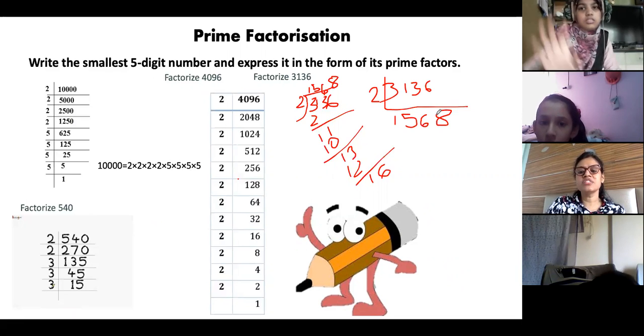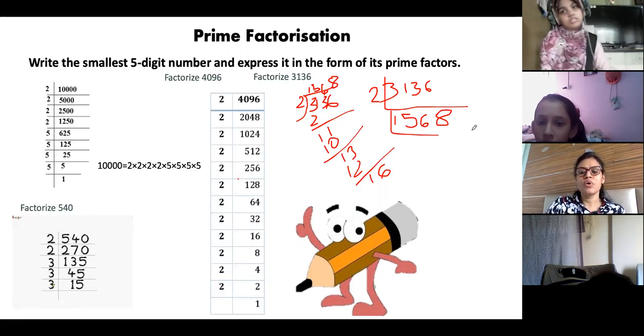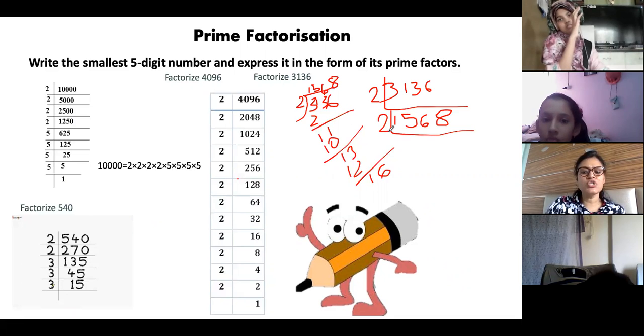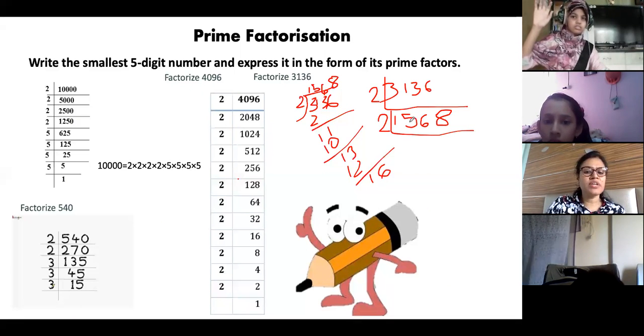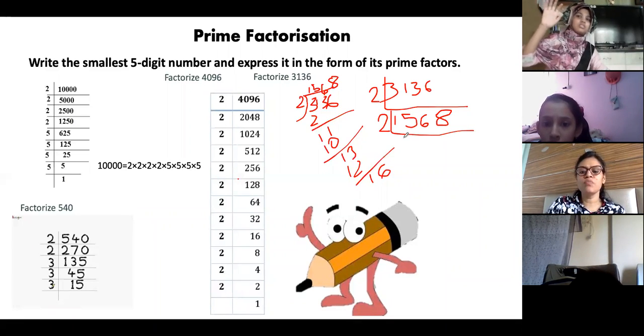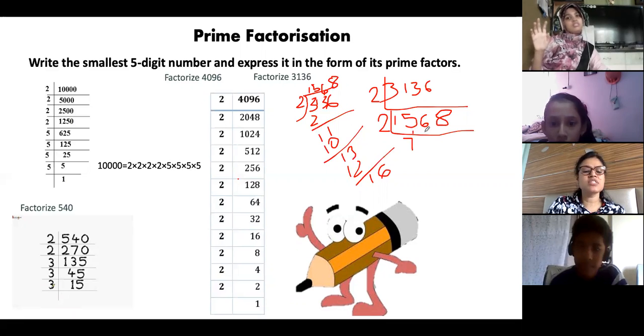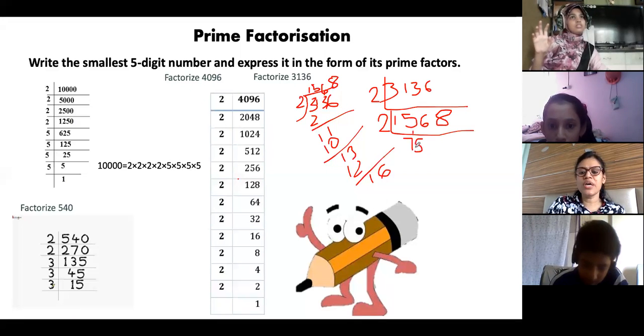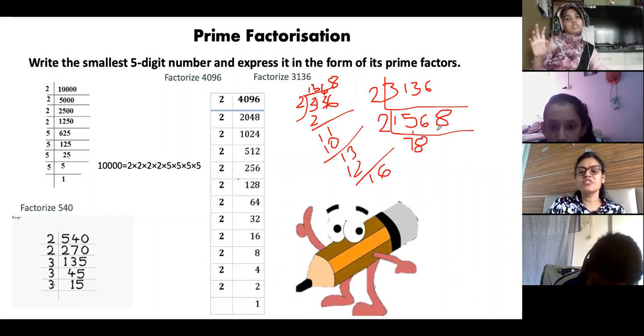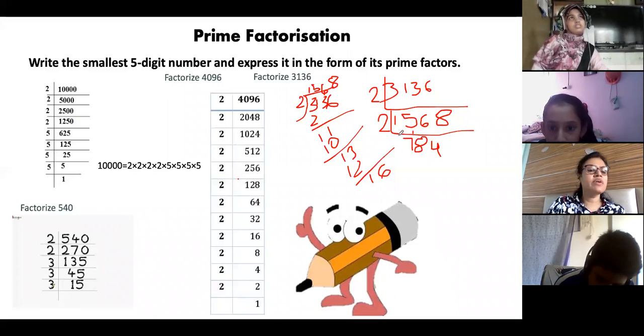Then again the last digit is 2. Is it clear, Amina? So we again divide by 2. When you divide it, what will be the quotient? 2 7s are 14, remainder 1, and 6. Write the 1 remainder here. 1 and 6 is how much? 16. So 2 8s are 16, remainder is 0. Only 8 will come down. So 2 4s are 8. This way we do it directly.